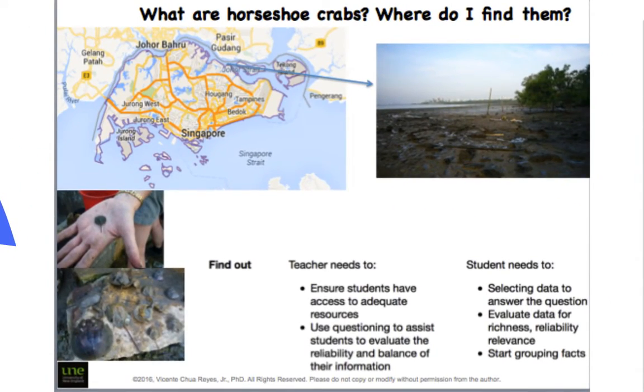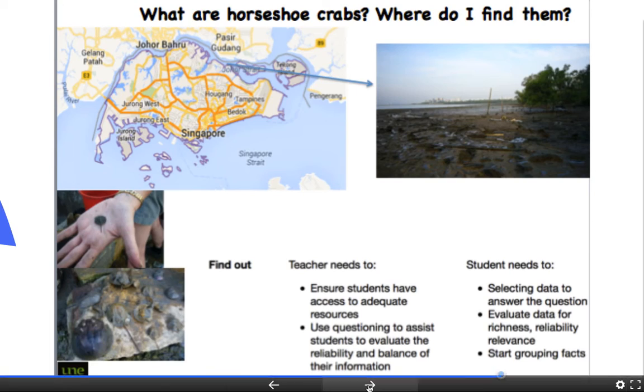And then I try to clinch or try to attract their attention even more by talking about horseshoe crabs, right? And so I point out to them that in this particular location, this is a picture of the mudflats. This is the island of Singapore. It's located up here, northwestern side. I was saying east, just north or northeastern side, right? And then I will show an image of a tiny horseshoe crab and several big horseshoe crabs.